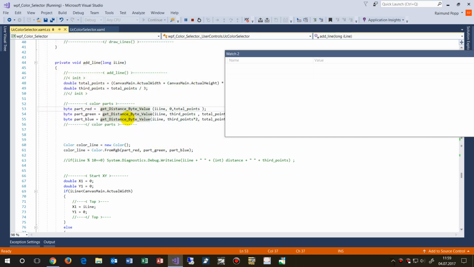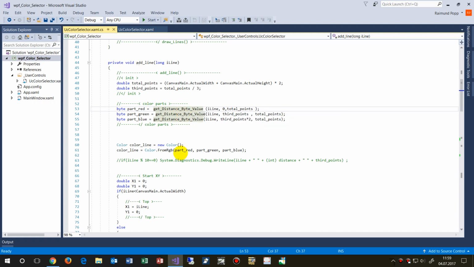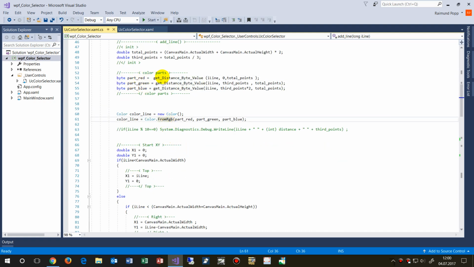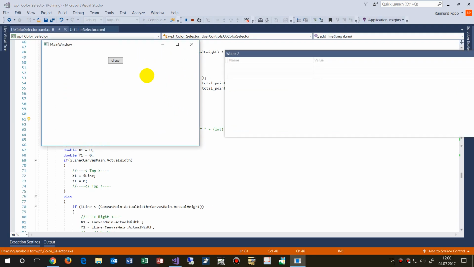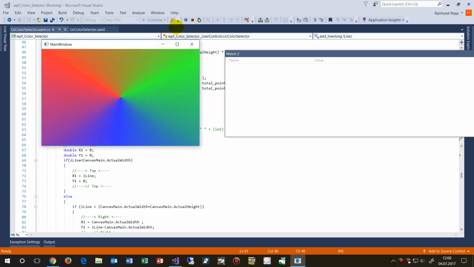What is an RGB value? The RGB value is written in here. So first it calculates the line itself, where to draw, and then it creates the color, and it says, okay, the more you go from the red block, the more you should change this value. This is a byte value from 0 to 255, and then it takes in this area